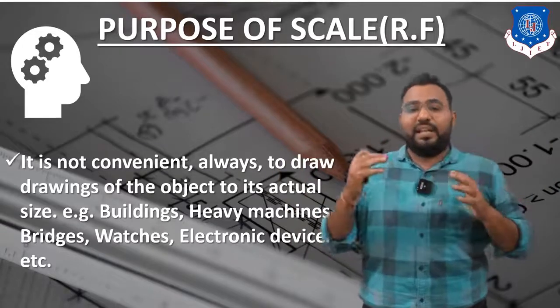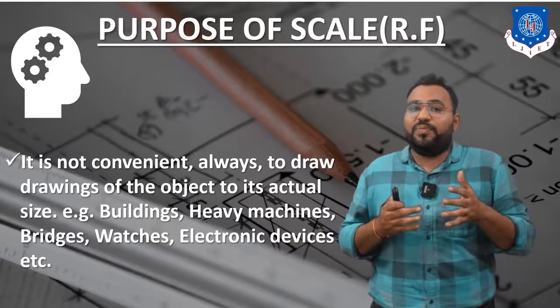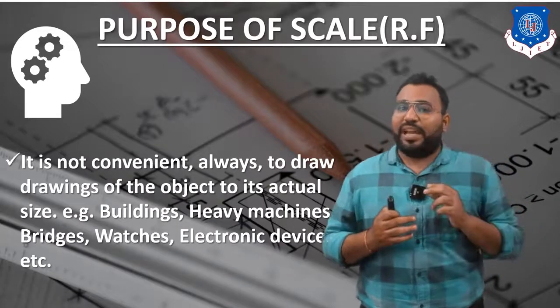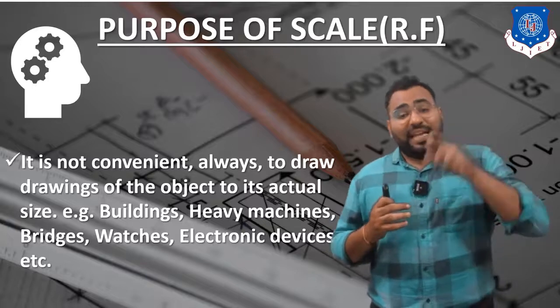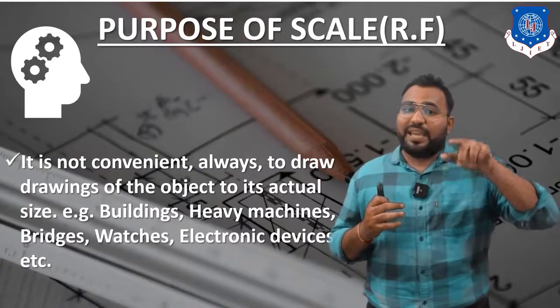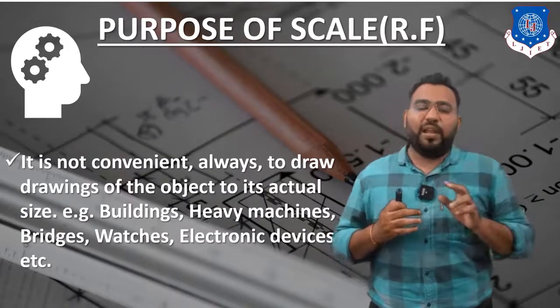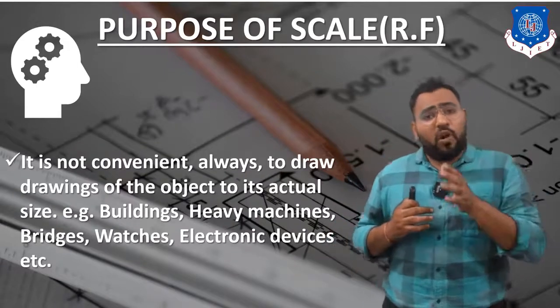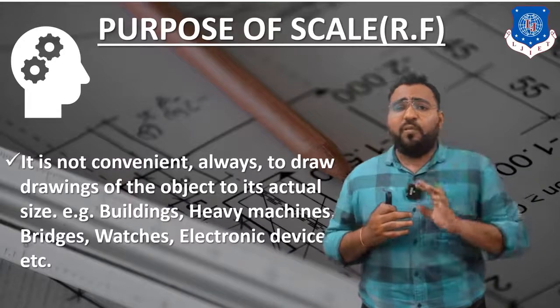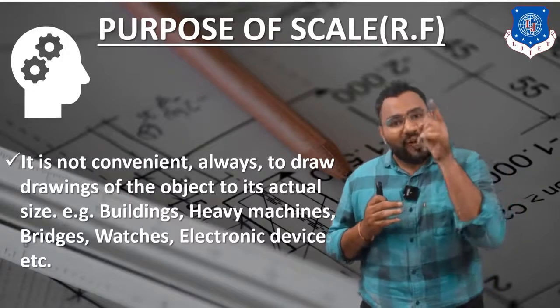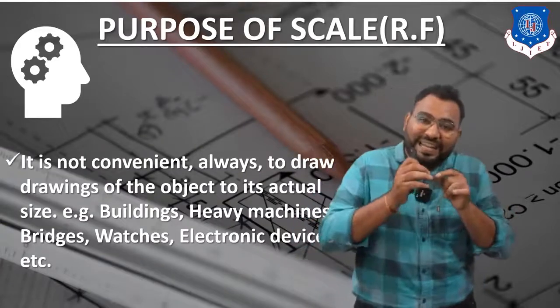The second thing, it is not only that. Look at some tiny object, let's say a watch. The watch is a very small object, and the gear, or the mechanism, in that particular watch is very, very small. If I tell you to draw the figure of that gear in your drawing book, you cannot draw it properly. Then what do you have to do? Yes, you are right. Now you have to scale it up.